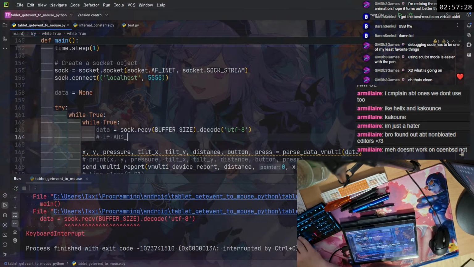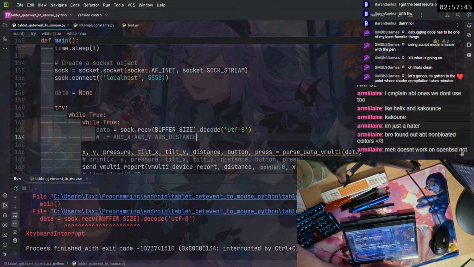If ABS X, ABS Y, or SYN, or ABS distance 0,